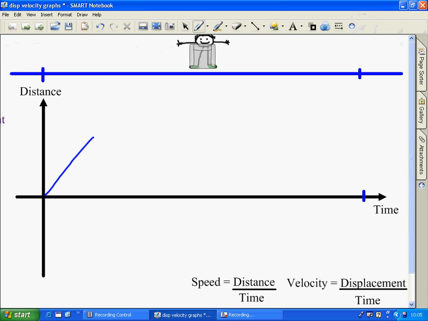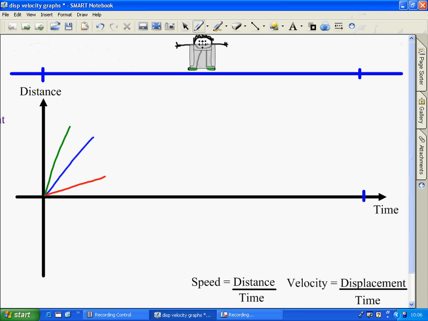Now let's just be aware here, if Bob had travelled slower, same steady speed, we would have a much shallower gradient. If Bob had travelled faster, we would have a much higher gradient. A really powerful tool to try and get your head around this and support you in where does my line go, what sort of gradient do I have,